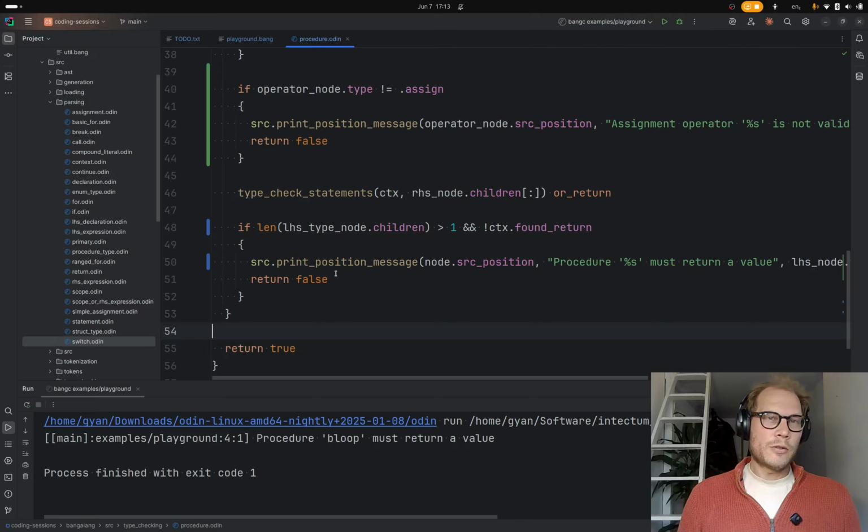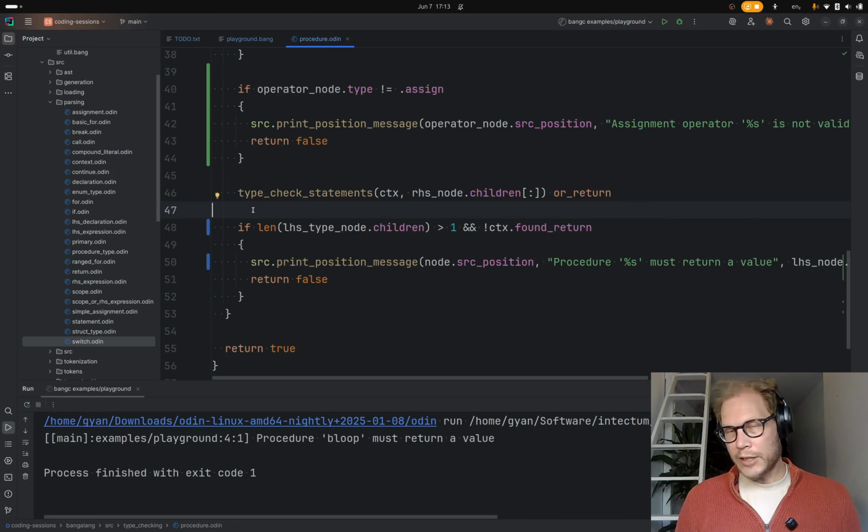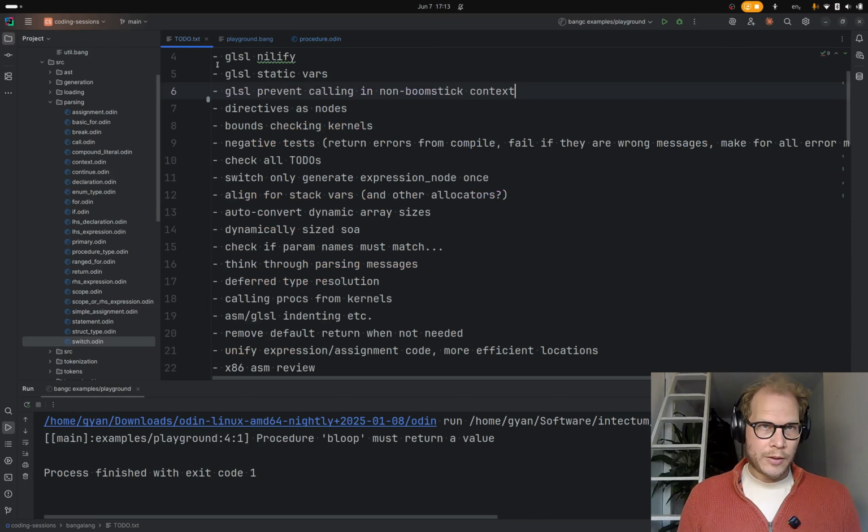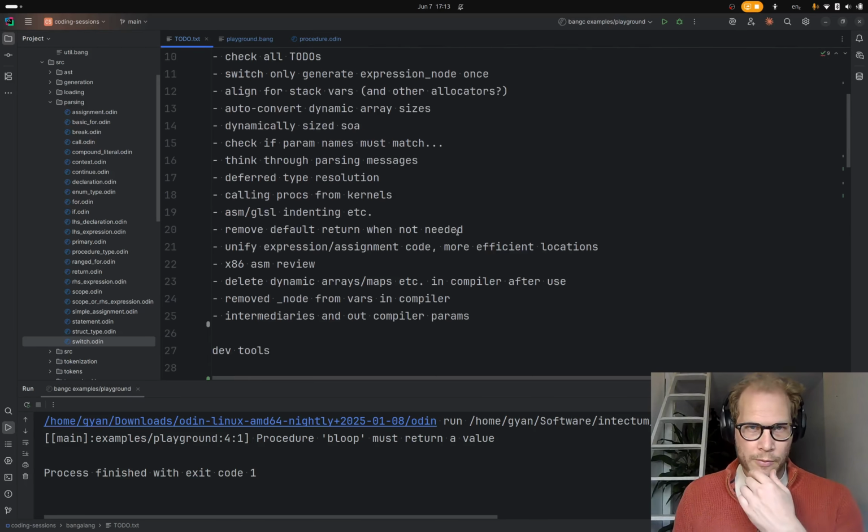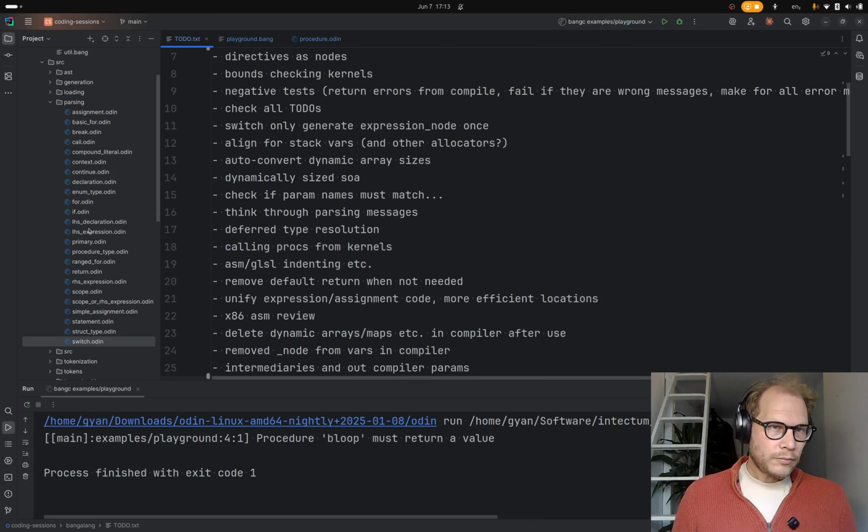We could potentially change it to a warning later, but I think warnings are a bit more complicated. Just because I actually want to get into, there's another part here related to returns, remove the default return when not needed. And I think this will be easier if we just throw an error in this case.